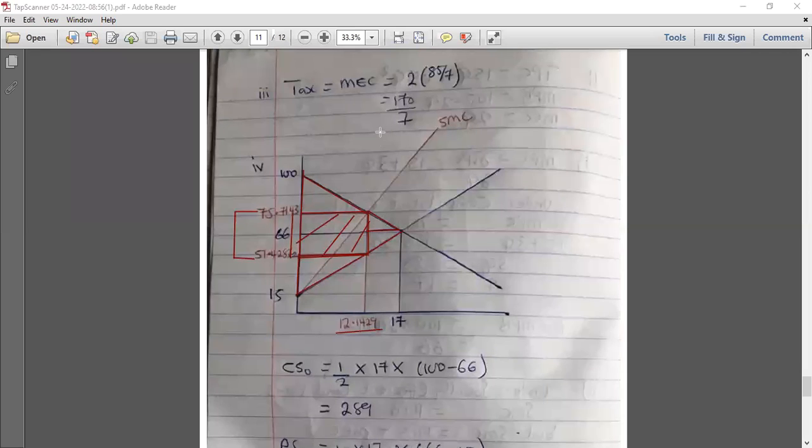If you want this one, let's take this to be A. If you want the area for triangle A, half base times height. Okay, the base here is from here to here. So the difference between 17 and 12.1429. And then the height is from here to here. So the difference between this price and this price. Then you find the area of this one, the A. Then you come and find the area for B. For B,